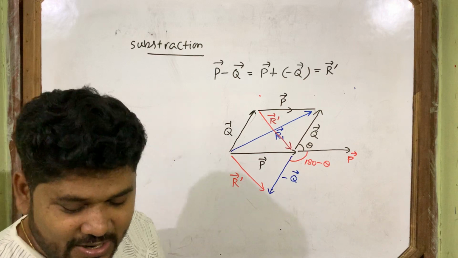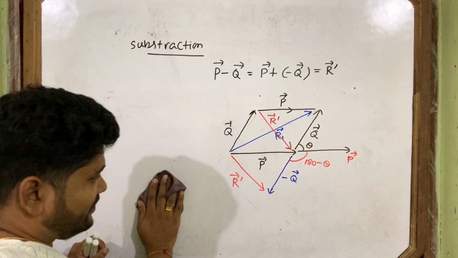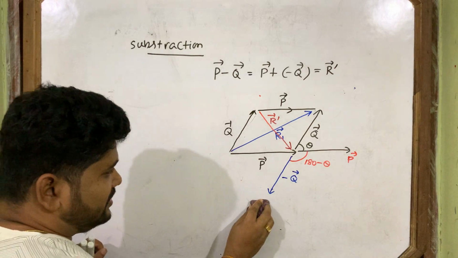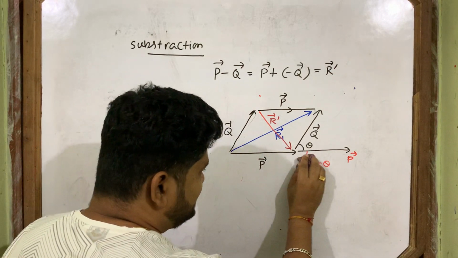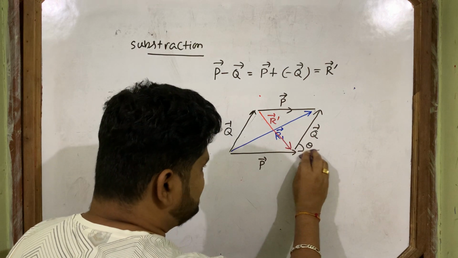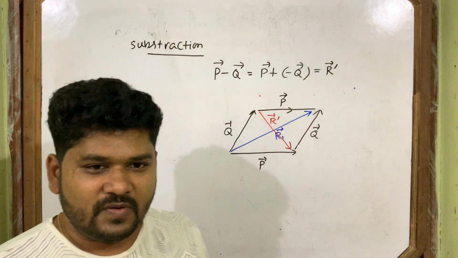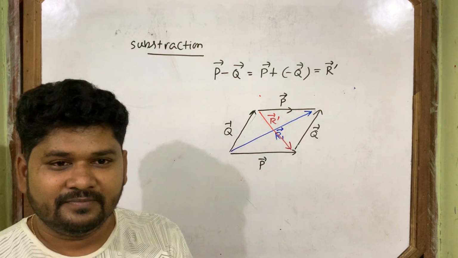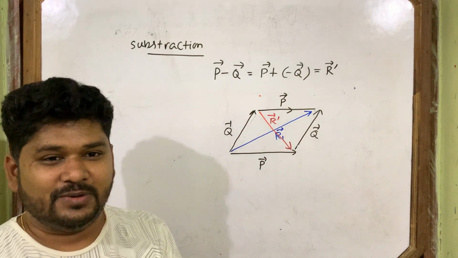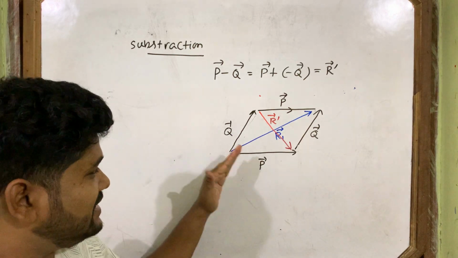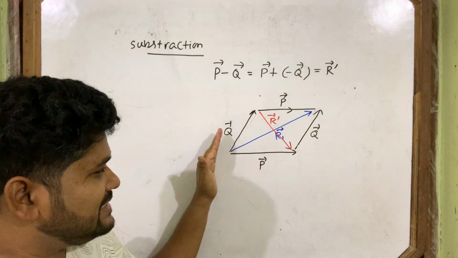Okay. Now I am erasing everything. I shift the r dash vector to there. So I am now erasing this one. Minus q also I am erasing. I am now erasing everything from here. Not required, all these things. What do you get? It is a parallelogram, where your p vector and q vector are two adjacent sides of